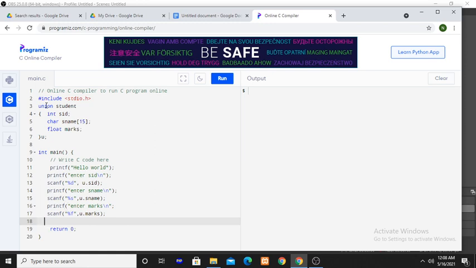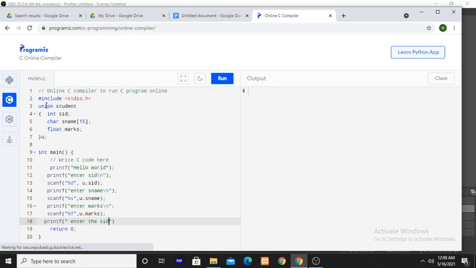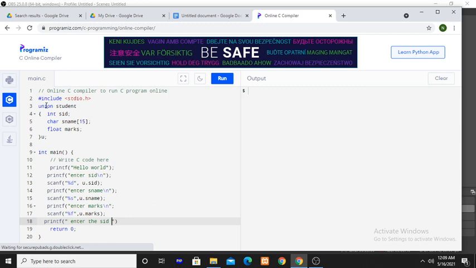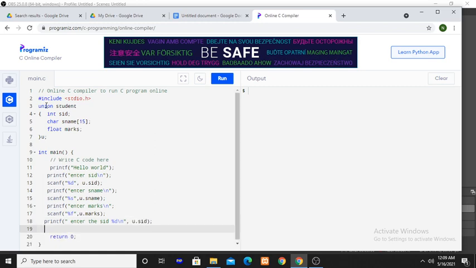Okay, now display the details. Printf SID is %d, U dot SID.